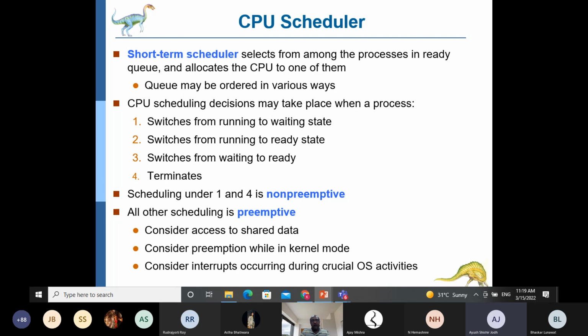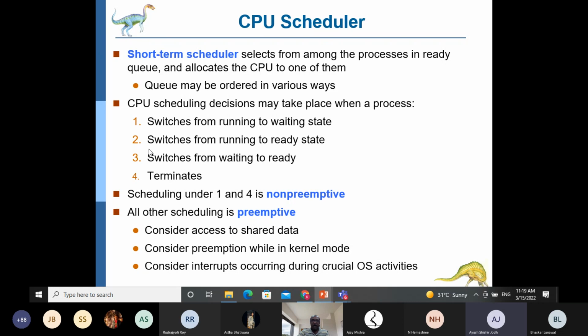Non-preemptive scheduling means that in these cases, where the process is voluntarily leaving the CPU, the CPU has to be scheduled a new process. So this is known to be non-preemptive scheduling. Whereas in the other two cases, the CPU has to be scheduled in a preemptive